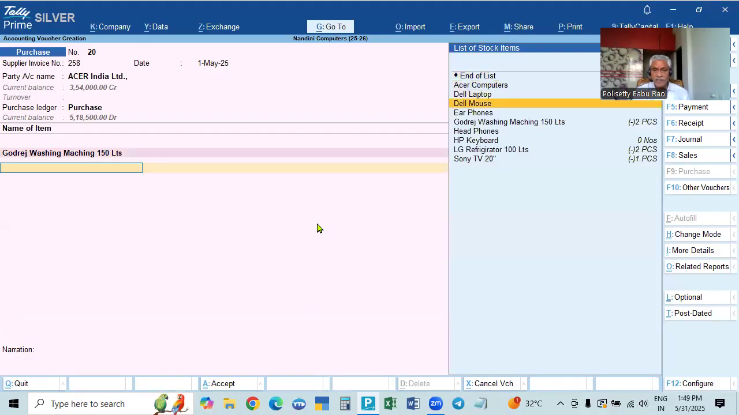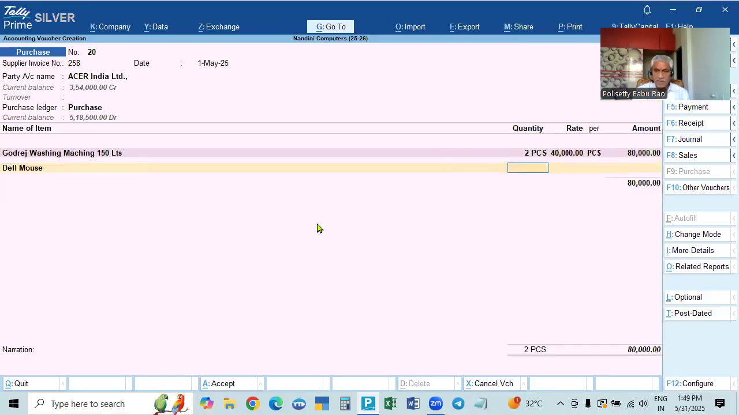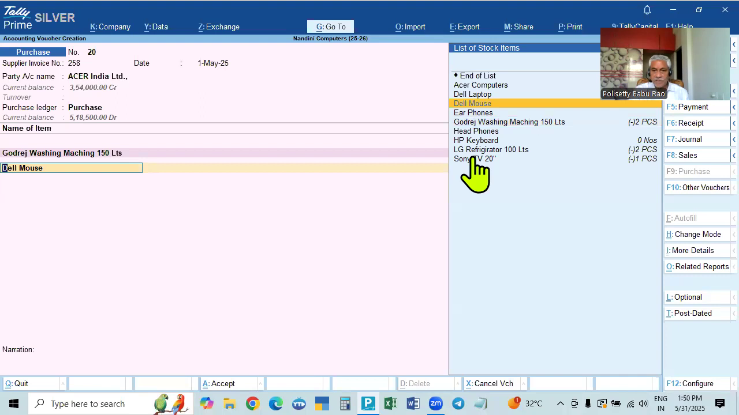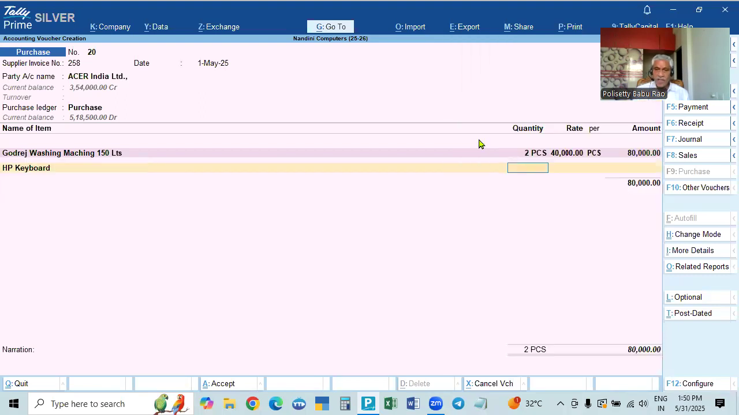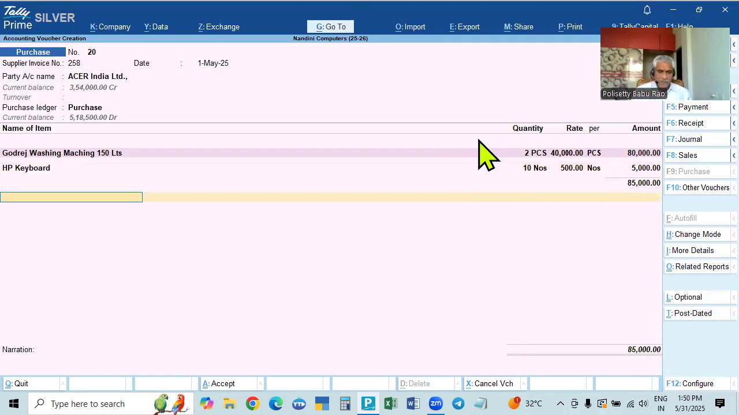And one more thing we will purchase. For example, Dell mouses were purchased. Otherwise, you will take up these HP keyboards. You remember, we are purchasing 5 or 10 numbers. Each one is 500 rupees, 5,000 rupees. Now we purchase. And if you calculate the tax, TCS and GST will be calculated on the total amount